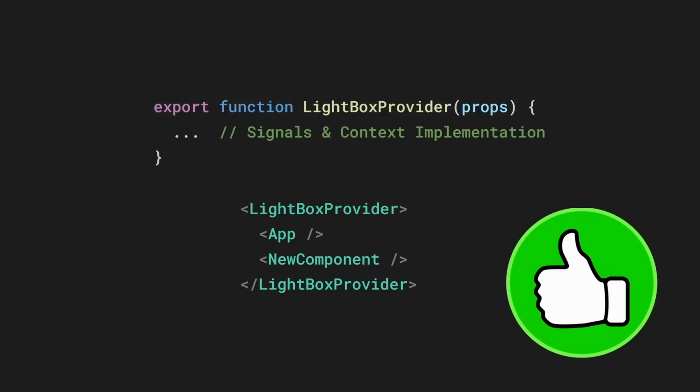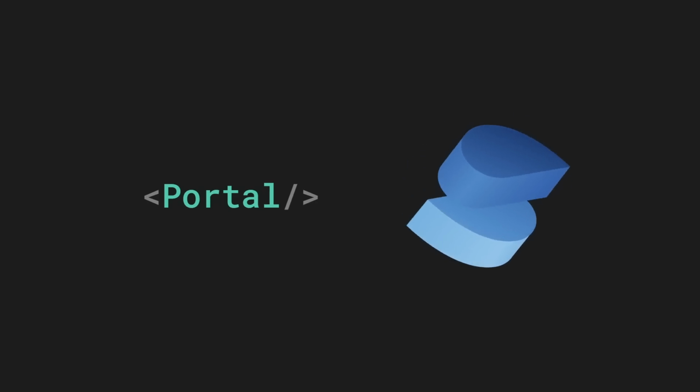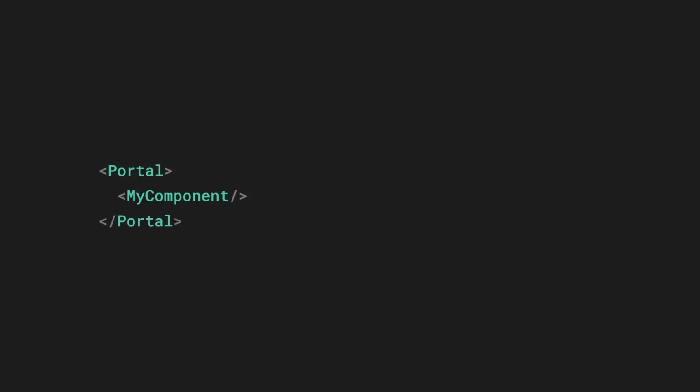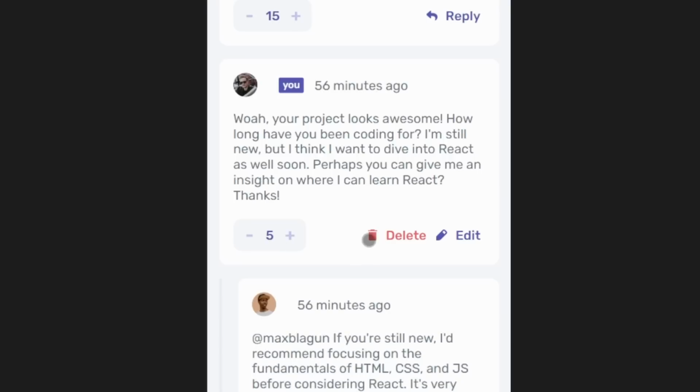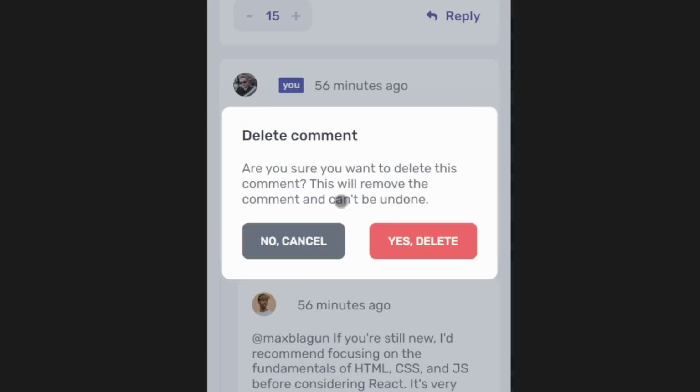using Solid's portal. Portal, as its name suggests, transports your component into another place in your HTML. In the default case, it will be transported as a child of the body element, directly beside the root div that will contain your whole application. So with some CSS magic and without the need to create a parent provider, you will have an easier implemented